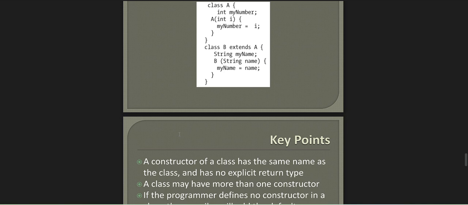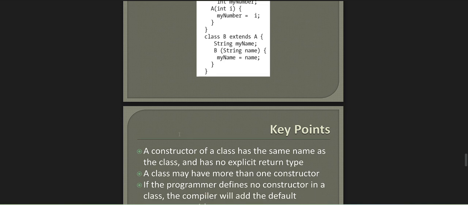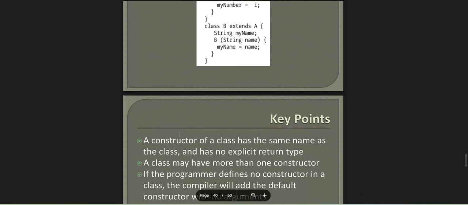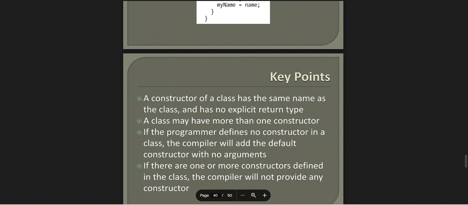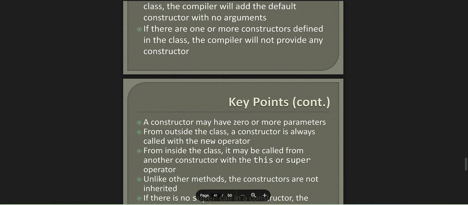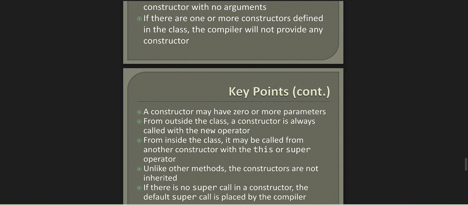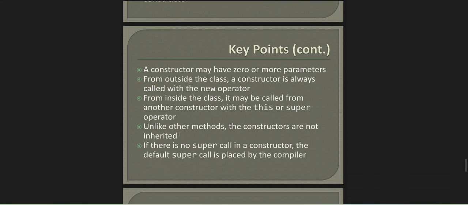Key pointer: the constructor of the class has the same name as the class and has no explicit return type. A class may have one or more constructors. If a program defines no constructor, the compiler provides a no-argument constructor. If there are one or more constructors defined in the class, the compiler will not provide any. A constructor may have zero or more parameters. From outside the class, a constructor is always called with the new operator; from inside the class it may be called from another constructor with this or super. Unlike other methods, constructors are not inherited. There is no super